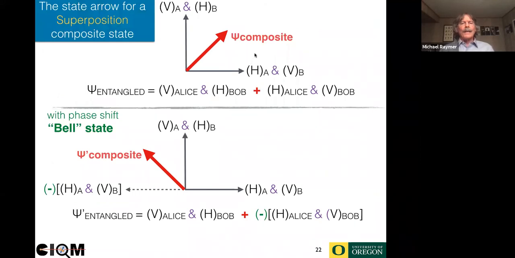And here I illustrate graphically what I just said. Here is the composite entangled state with the plus sign here, and I can represent that by a diagonal arrow. This is in 4-dimensional state space, but I've only taken a slice in 2 dimensions out of those 4 dimensions. I can have the same state with a minus sign here, and that would be an arrow going this way, minus 45 degrees, so it's at a right angle to this one up here. So they're mutually exclusive still.